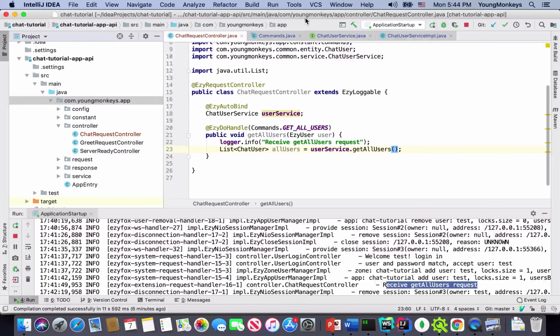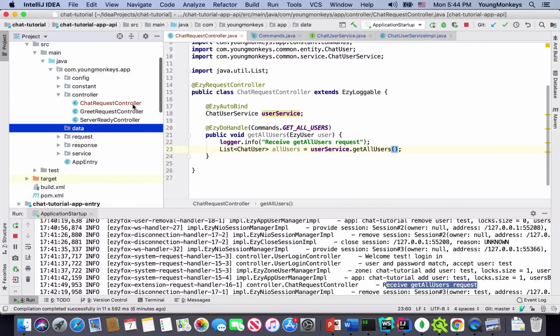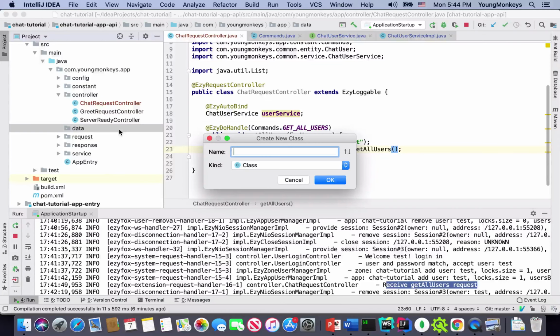I'll create a package first. It will be app.data, and then inside this one, so the user without password,